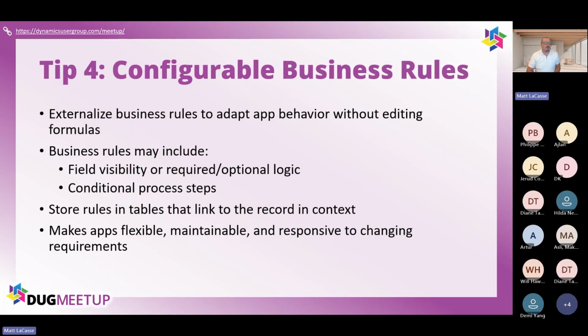So tip number 4, and this is one of my favorite ones, is configurable business rules. What is considered required today may be optional tomorrow. So if you recall in the old application, there's certain out-of-box components that don't lend themselves very well to flexibility. The business process flow being one because it requires a change, and then business rules are another. So it is a challenge when you're trying to make something flexible, like how do you handle these rules without being able to use an out-of-box component?